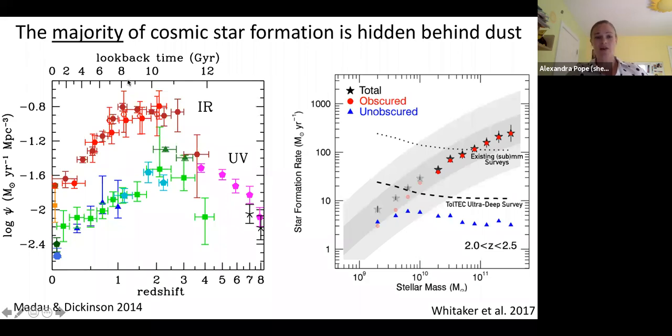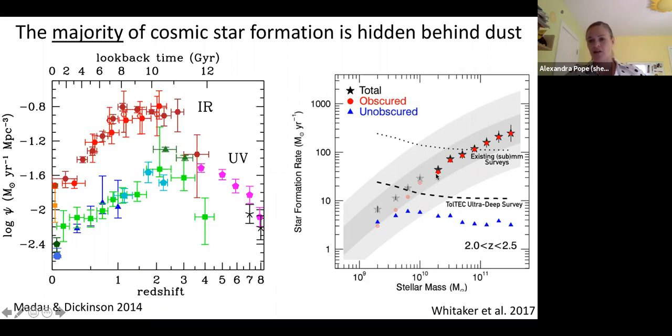And when you break this down and you go and look at a given redshift, let's say redshift 2 here, and you look in galaxies as a function of their stellar mass. So here's the average stellar mass of galaxies and showing their average star formation rates. So this gray shaded region is the galaxy star formation main sequence that's been well established. Most star forming galaxies follow this sequence. You can then separate out that star formation into the components from the infrared obscured in red and the unobscured ultraviolet traced in blue. And you can see the highest mass galaxies are far dominated by the obscured star formation.